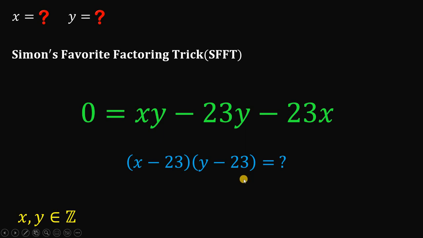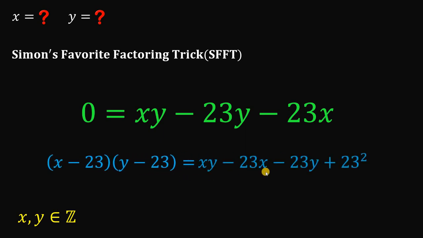If we multiply these two binomials, we get xy minus 23x minus 23y plus 23 squared. And take note, this is exactly the expression on the right-hand side. We have xy, negative 23y, negative 23x, and the missing term is just 23 squared,